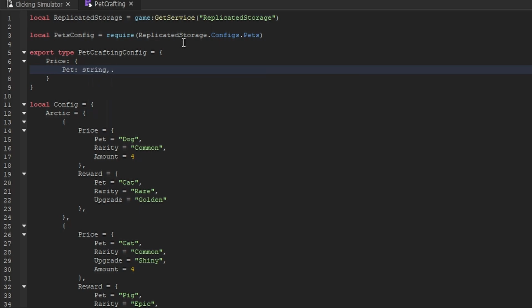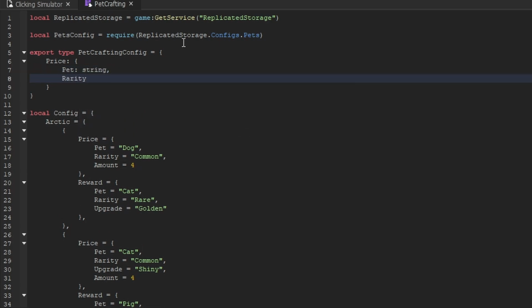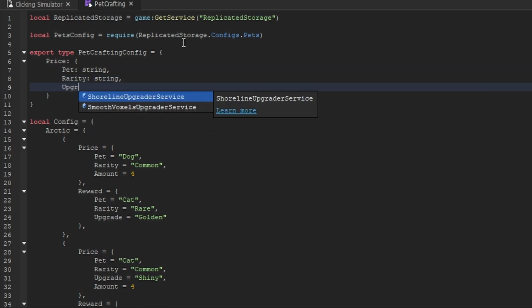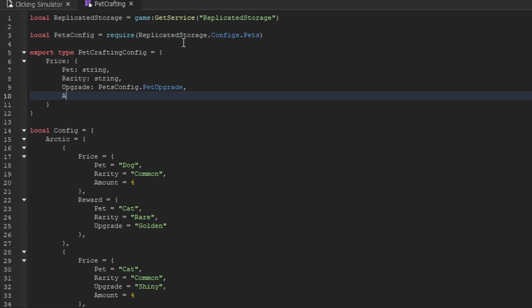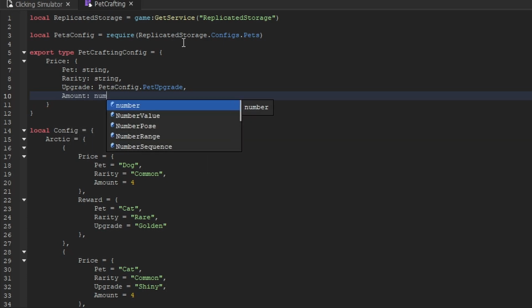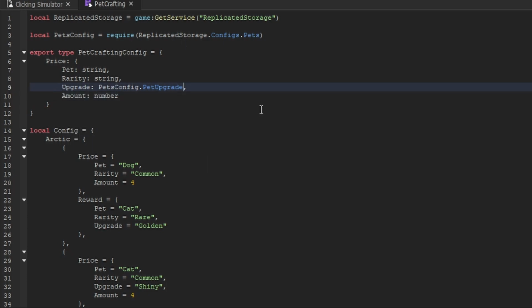So we're going to have the pet property, which is of course going to be a string. We're going to have the rarity property, which is of course going to be a string. We'll also have the upgrade property, which is actually going to be pets config dot pet upgrade. We'll also have the amount property, which is going to be a number. And now some of these properties can be optional. So for example, the upgrade can actually be optional